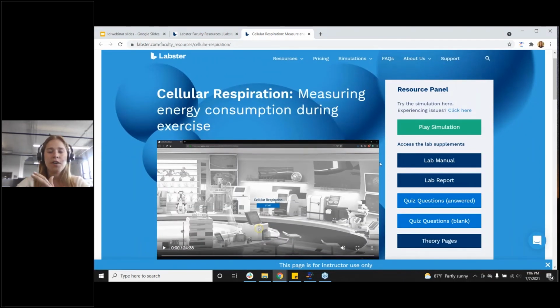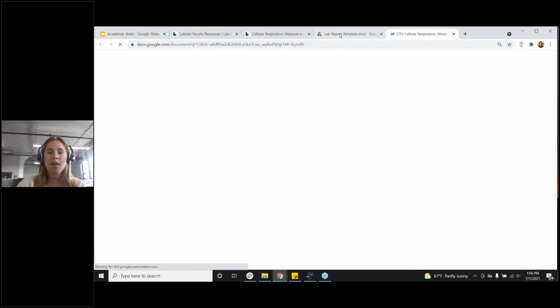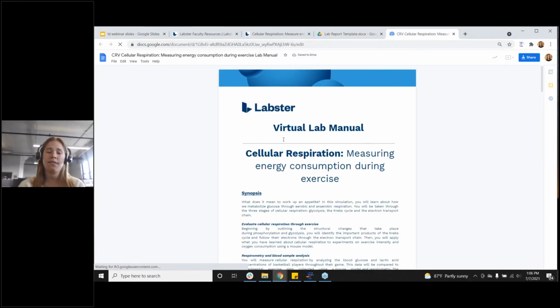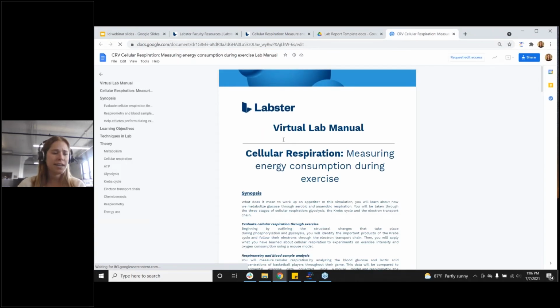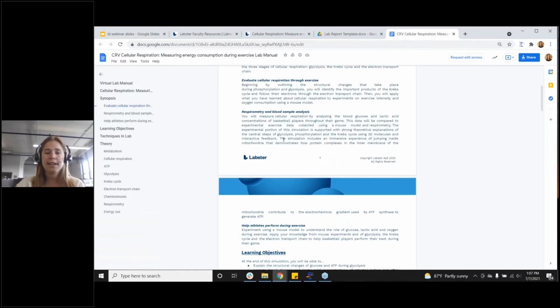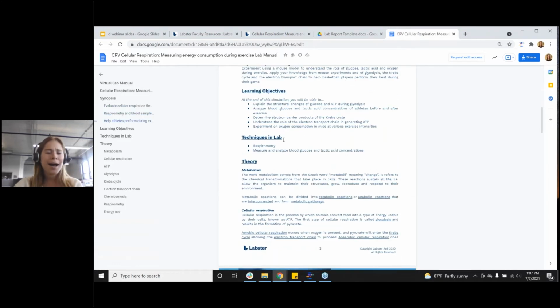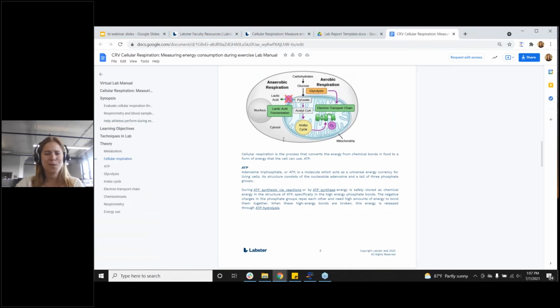Now, included are not only our virtual labs, every single simulation comes with a lab manual and a lab report. These are awesome, tangible pieces to keep in the classroom. So right here, our lab manual is a deep dive into the lab. You're covering your learning techniques, your learning objectives, and it's completely customizable for your course and your curriculum. So you can go in, edit, take things out, take things in, highlight, add in a word bank, white out some of these words, really customizable, but all the information is there for you.